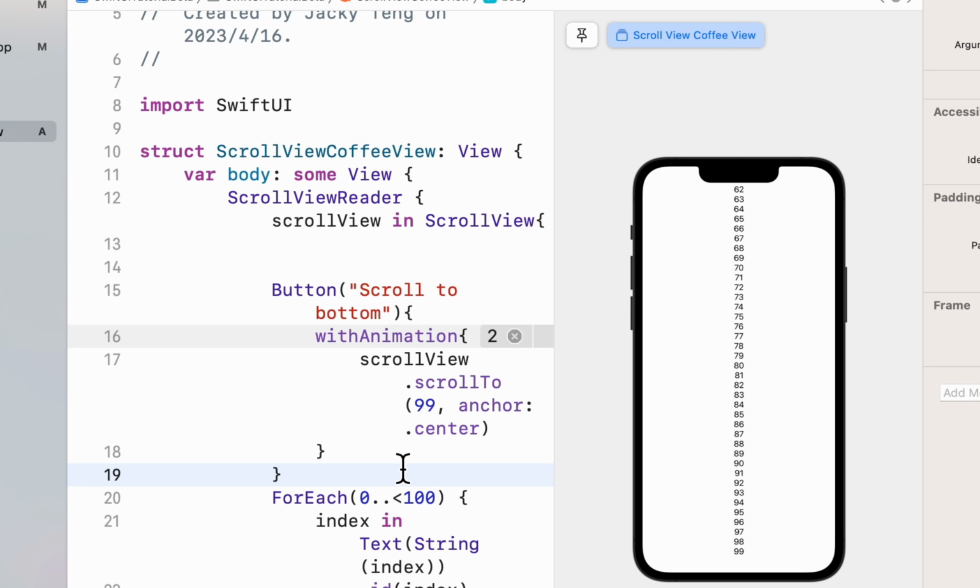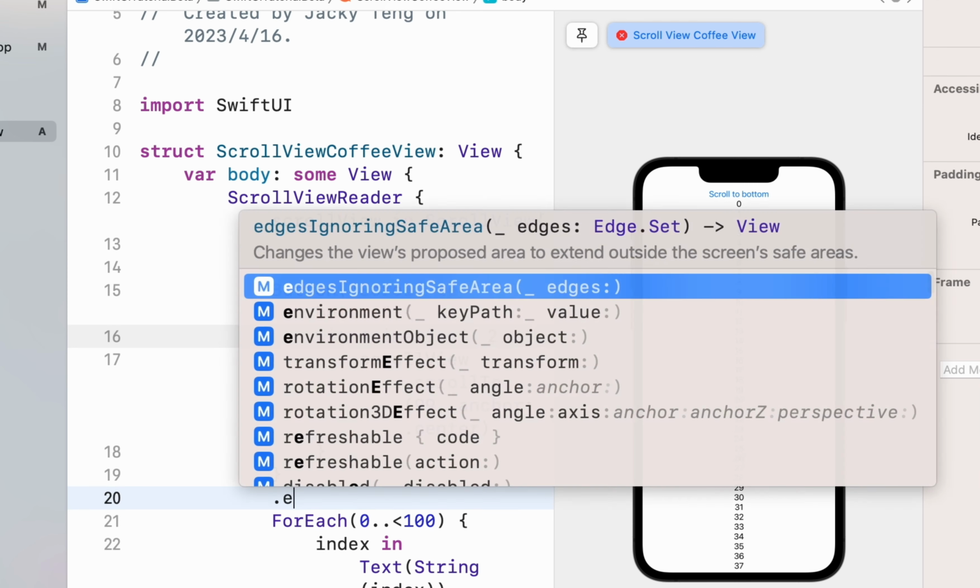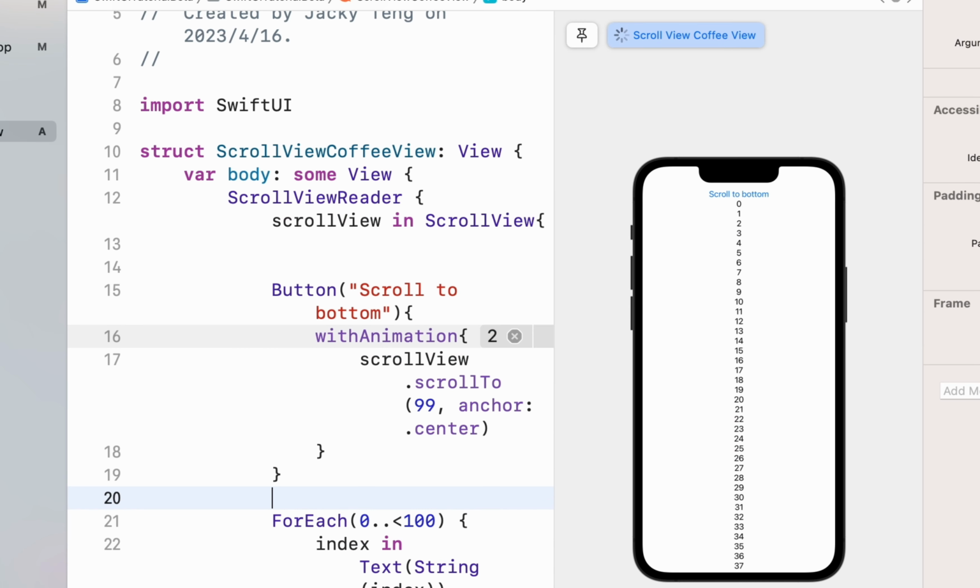You can also add in ease in, ease out, it depends. Ease in, ease out, whatever you want to do with that one. So this is the basics of ScrollViewReader. Now unfortunately we're not trying to put indicators or indexes inside. We want to make sure that our scroll view is scrolling to a point where we want it to indicate